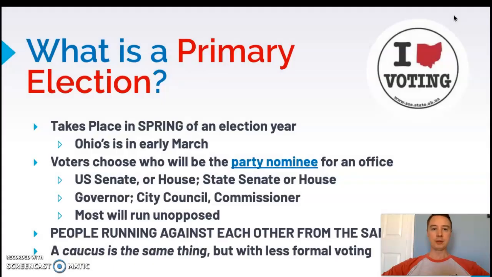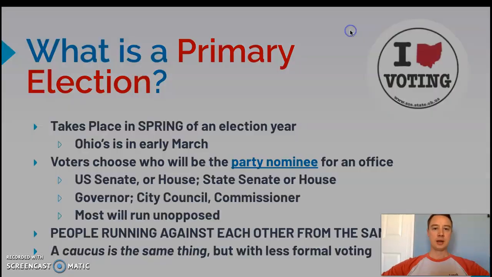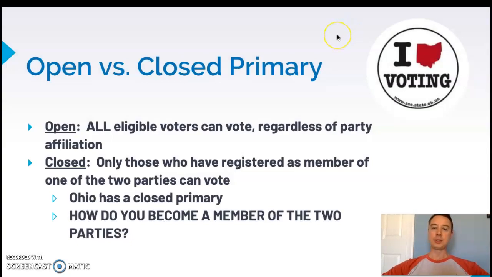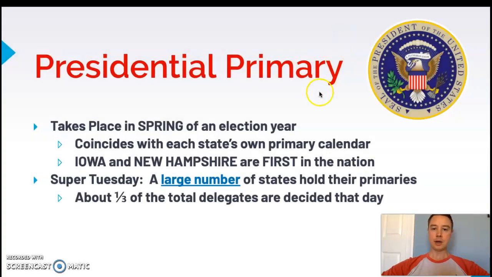So remember, with primaries, we're simply nominating candidates. We've got a lot of people who want the job. We're figuring out who from our party is the person we think would be the best person to run in November. And so go through and click on some of these links. Related to presidential primaries, we talked about the difference between open and closed. In a closed primary, you have to declare party affiliation in order to vote. In an open primary, you can remain an independent and still vote on candidates.